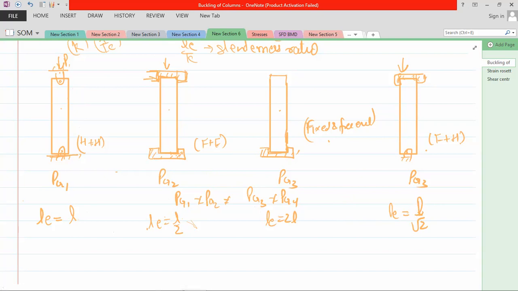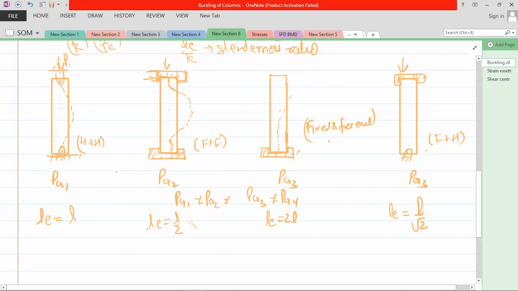What is the value, means how you put the values and get the results. So I'm explaining a trick, how to learn this. At the hinge, the buckling will be like this. At the fixed support, the buckling is like this. So at the ends, buckle will not be there because they are captured by the supports, and after that it will bend like this. Okay, and again it will be a static position. Here at the free end, it will buckle like this.